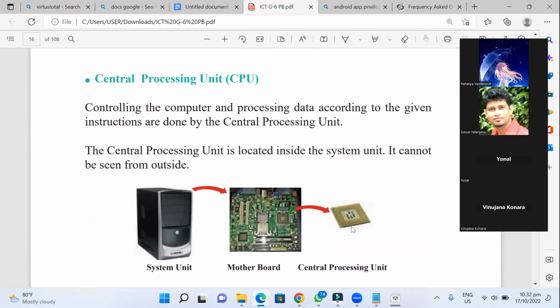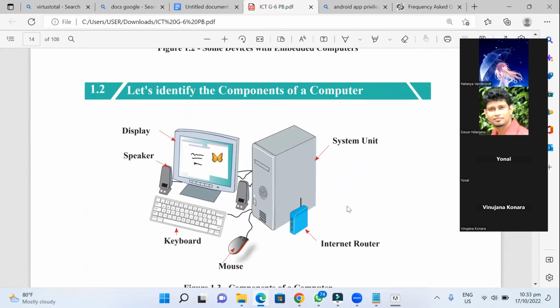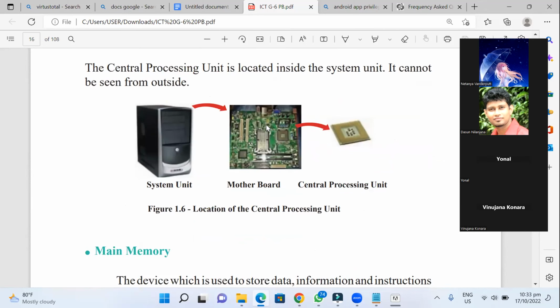And this is the CPU. Sometimes people get this wrong. People call this unit the system unit, the CPU. That is wrong. This large box is called the system unit. Inside that, there's a motherboard, and in the motherboard the CPU is mounted, right? So don't call this unit the CPU. Shops basically call this a CPU shop, but don't call it like that. There's the motherboard, and after that, the central processing unit is this.